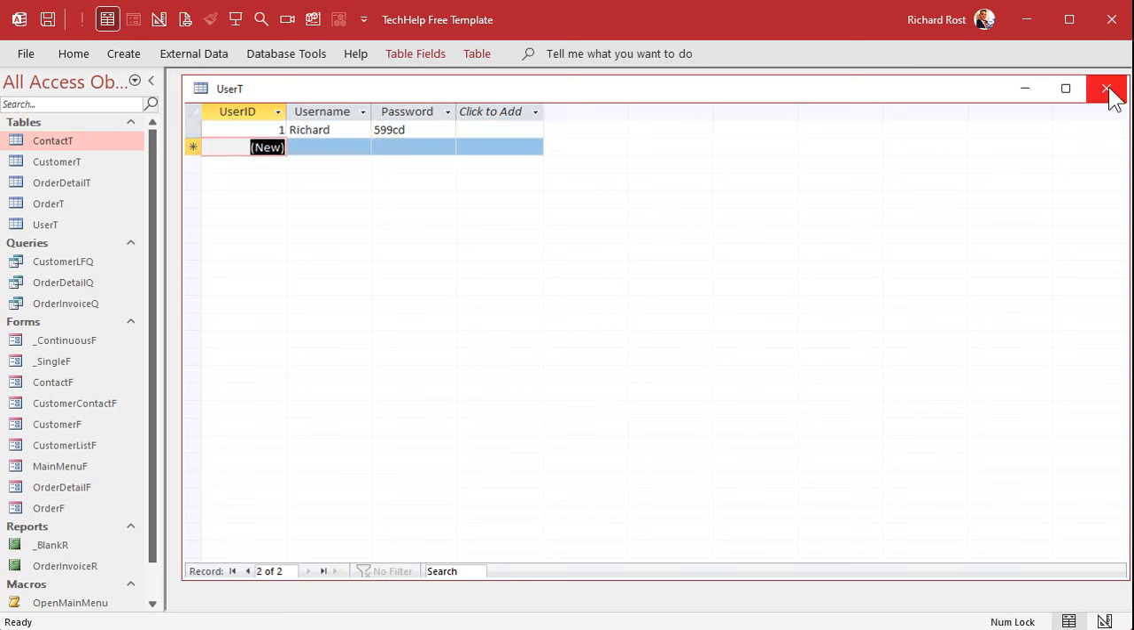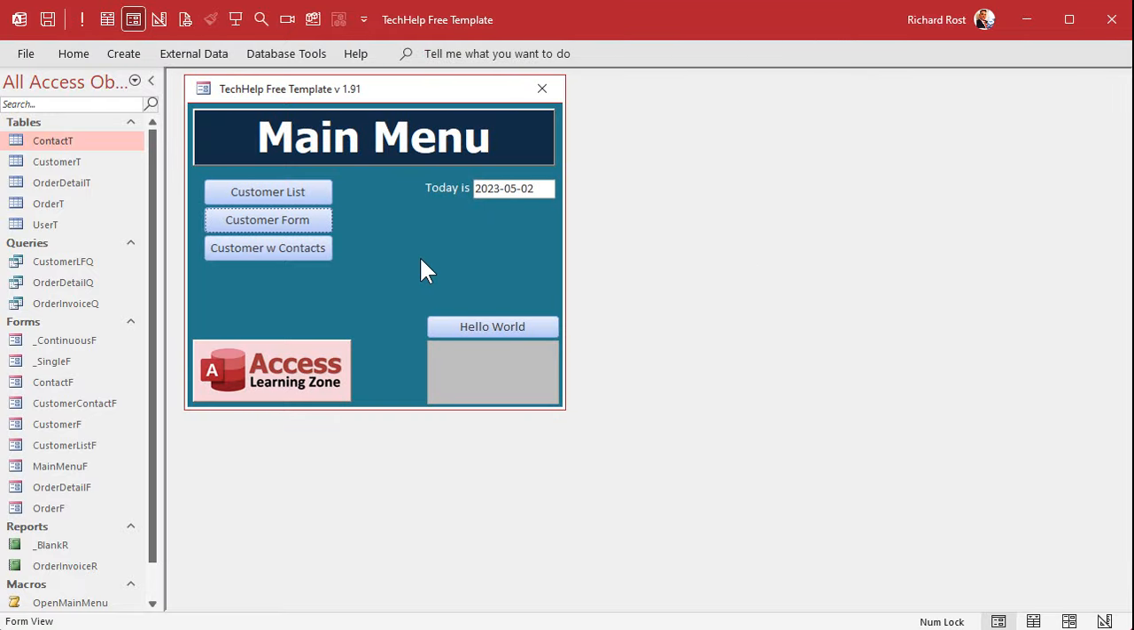Okay, close it, we're good. We've got our simple user table set up. Now we're going to make a logon form. Normally when the database starts up, this is our startup form. We're going to make a new form, which is going to be our logon form. We're going to have that be the startup form, and then if they log onto that properly, then we'll open